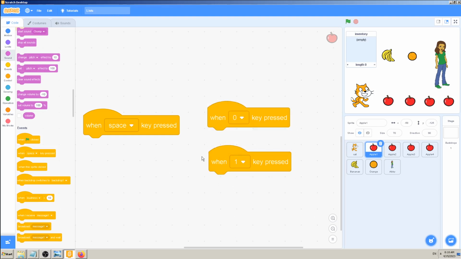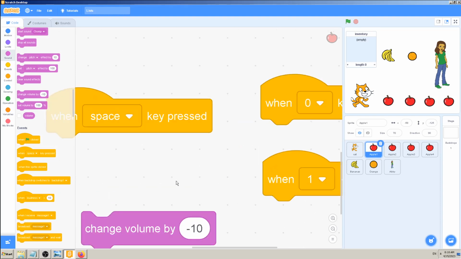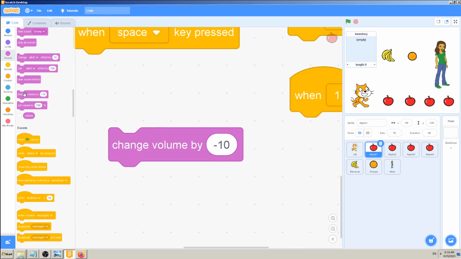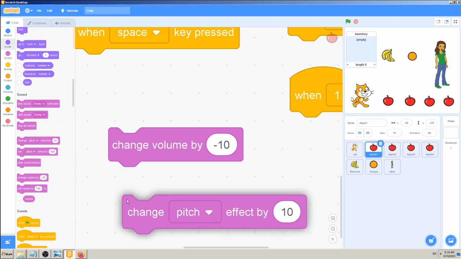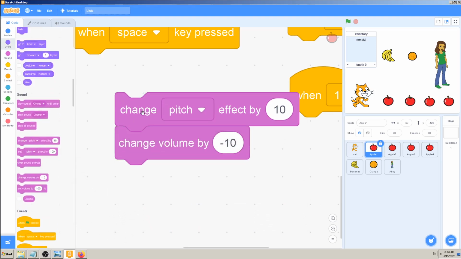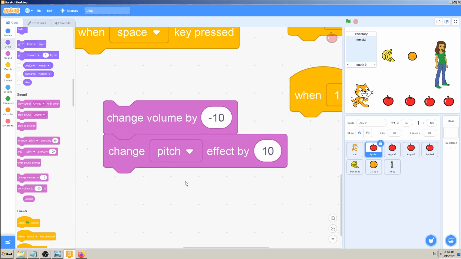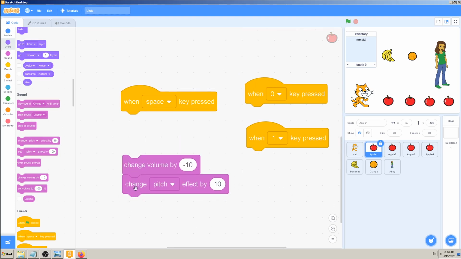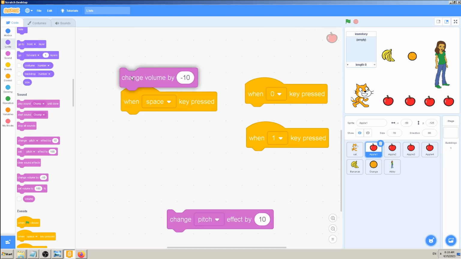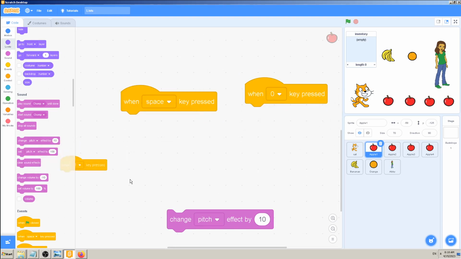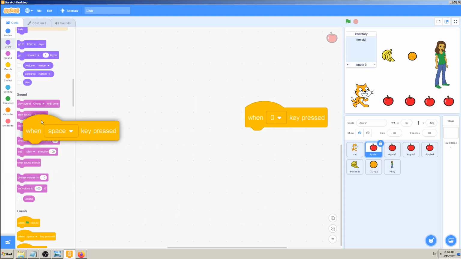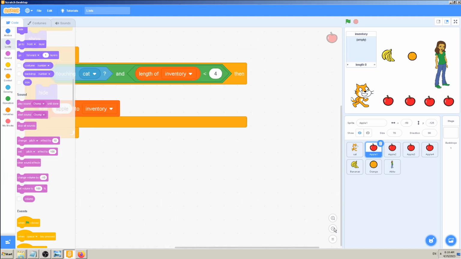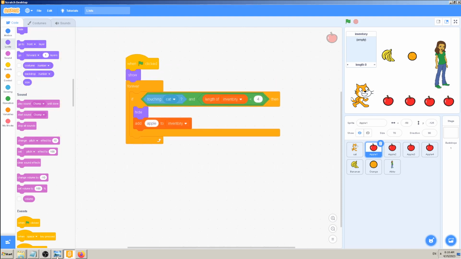Why? Because those blocks don't have this top open. So when I have a top block open like this, I can put it above or below and I can play with it, but on those "when key pressed" blocks, I cannot put anything on top of it, only below it. So we cannot combine those. They are not supposed to be used that way. Okay, so that was the problem so far, but with this new block,